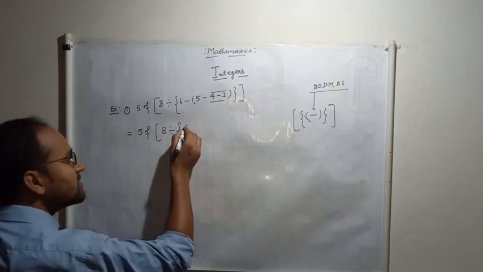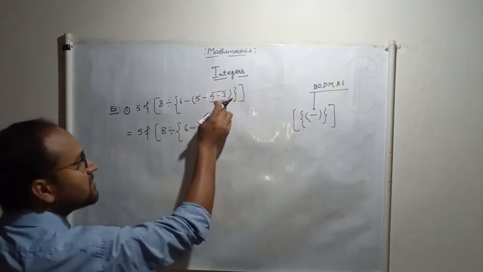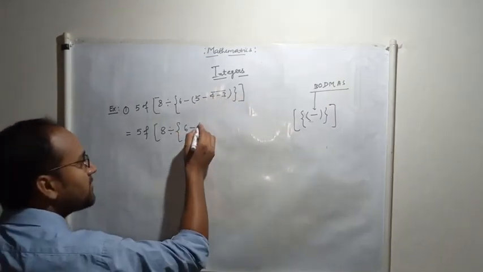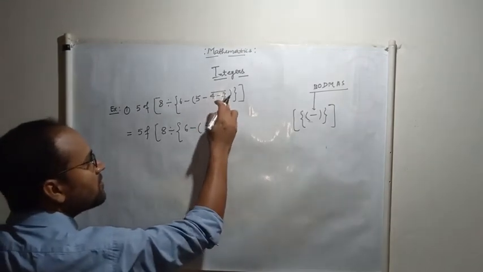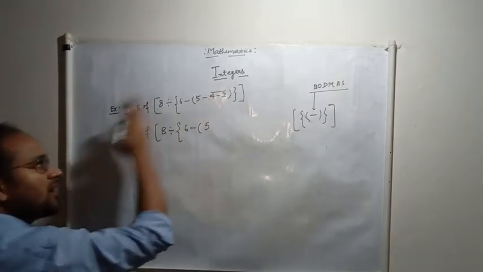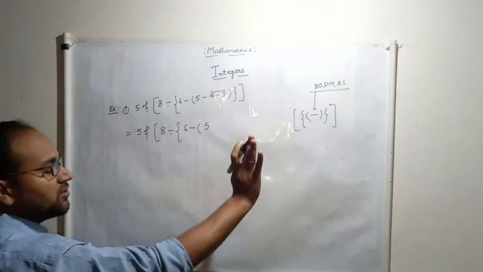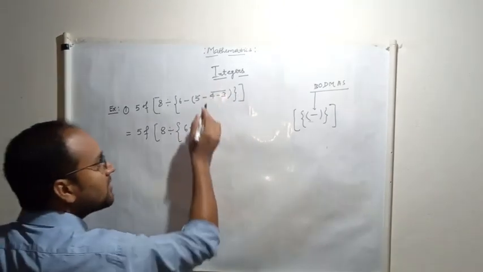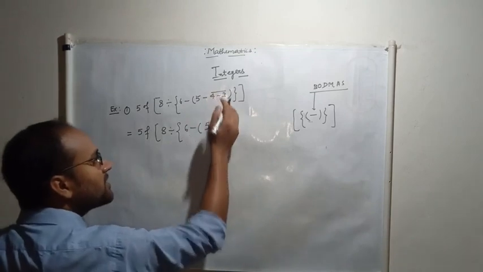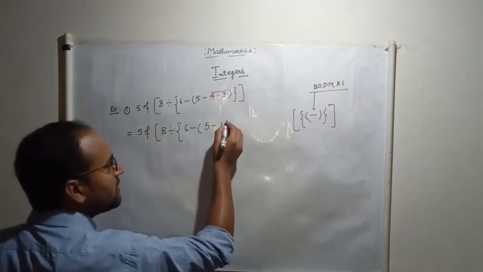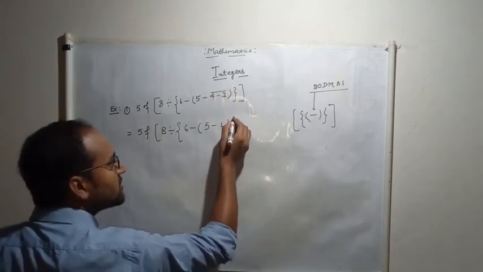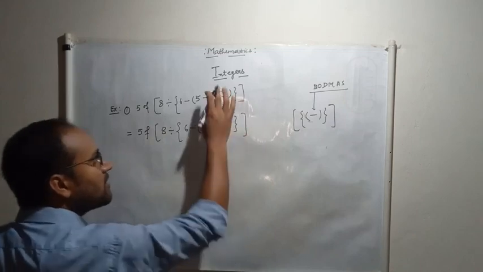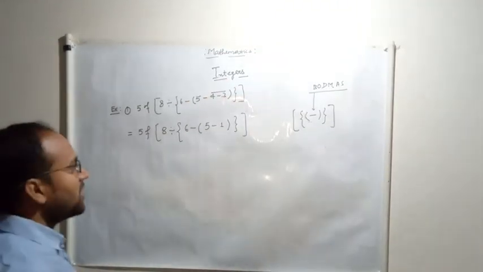Curly bracket 6 minus... First we solve this bar bracket, very easy students. 4 minus 3, whatever the sign is before this one, you will not consider it. This is a bracket, 4 minus 3, this is a minus sign right here. 4 minus 3, you will get 1 here. So we have solved that one, the bar bracket or line bracket.